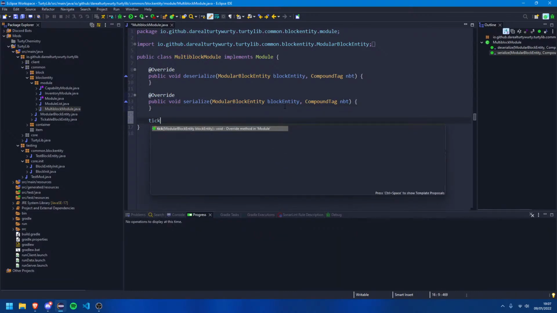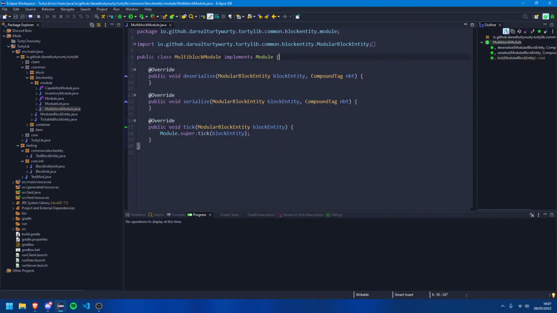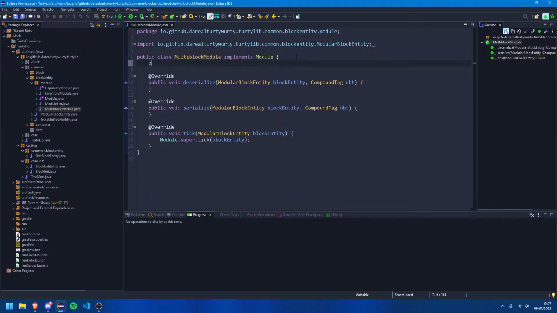And unlike the others, this does need to override tick. Okay, this will need to hold a private final list of block pos, and we can call this, I mean,